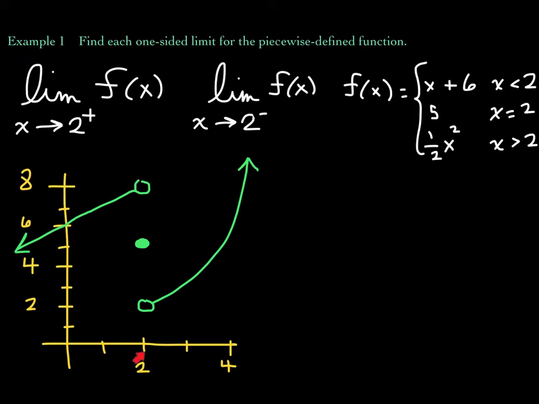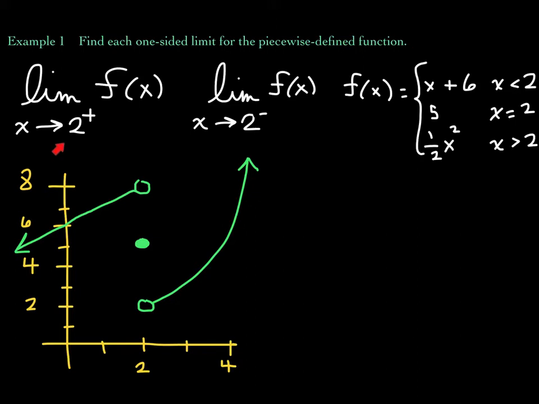That's the only location. So when x is 2, the y value is 5. And then we have a piece of a parabola, and it's only defined for x values that are strictly greater than 2, which is the reason why there's an open circle here. All right, so what do we need to do? We need to evaluate each of these one-sided limits. Let's go for this